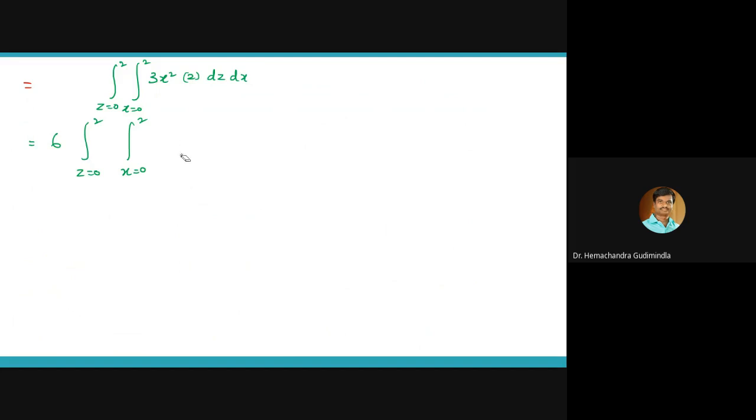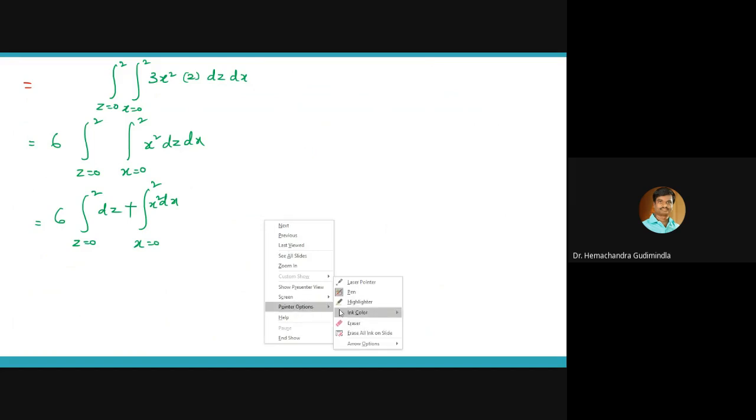x square dz dx. Now just separate the integrals, that means 6 into integral z equal to 0 to 2 dz, integral x equal to 0 to 2 x square dx. Most of the students separate the integrals, meaning they will use plus. Please don't do that,